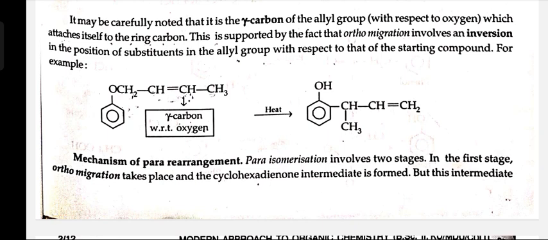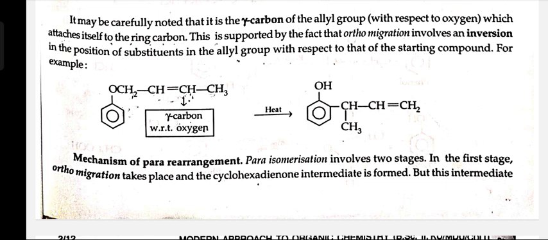It may be carefully noted that it is the gamma carbon of the allyl group, with respect to oxygen, which attaches itself to the ring carbon. This is supported by the fact that ortho migration involves an inversion in the position of the substituents in the allyl group with respect to that of the starting compound. For example,